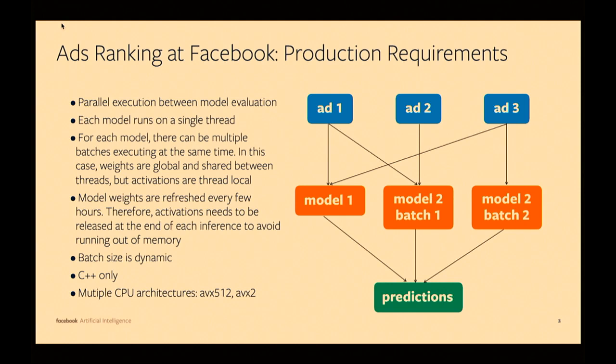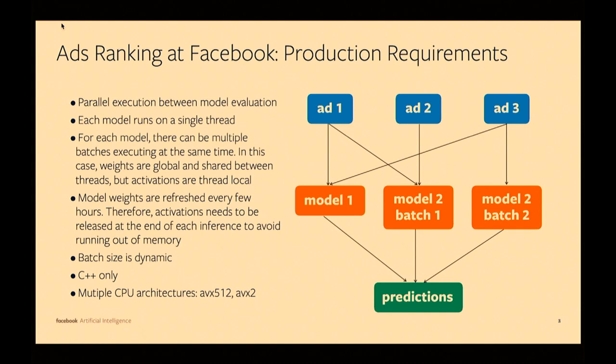Each model runs on a single thread, and for each model, there can also be multiple batches running at the same time to speed up execution. In this case, weights have to be global, and then they're shared between threads to save memory. But activations have to be thread local because they're running in parallel. And also, we have to release the memory of the activation proactively, after each inference, to avoid